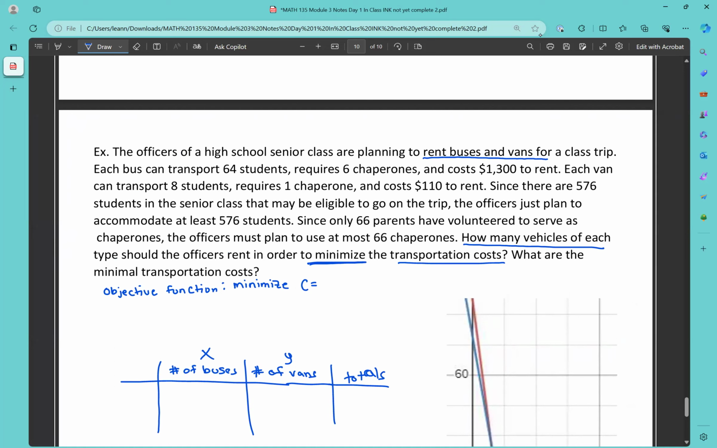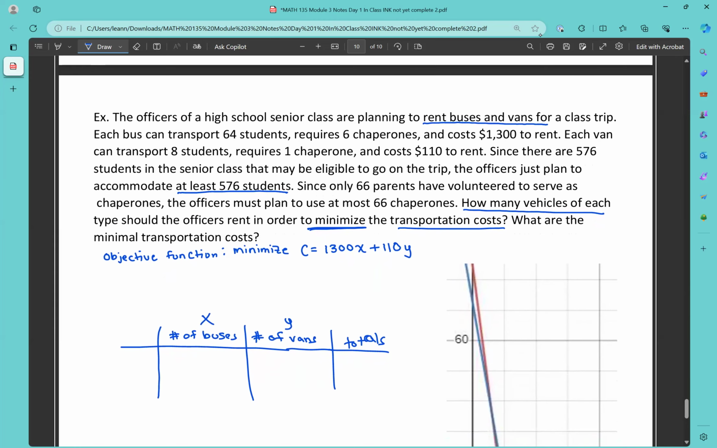And then let's go back to the number part. So it says each bus can transport 62 students, requires 6 chaperones, and costs 1,300 to rent. So the cost, the 1,300 to rent, that's going to be part of our objective function. So 1,300 X. Each van can transport 8 students, requires 1 chaperone, and costs 110 to rent. So because we're trying to minimize costs, that's going to be part of that function, so that 110. We have 576 students in the senior class that are eligible on the trip, and we want to accommodate at least